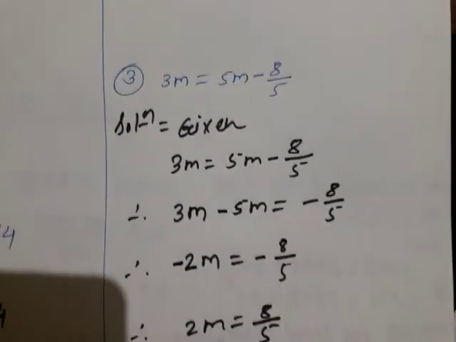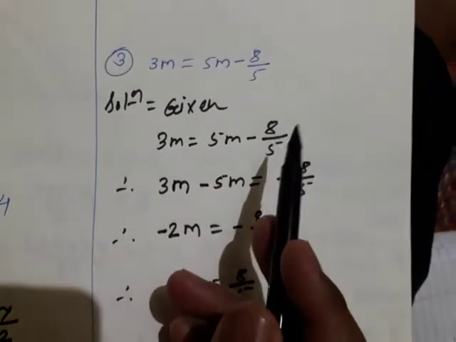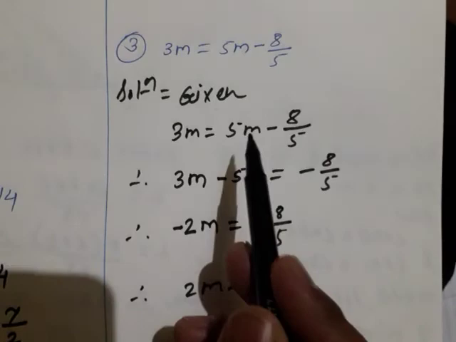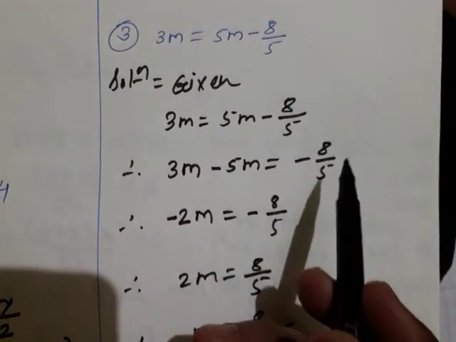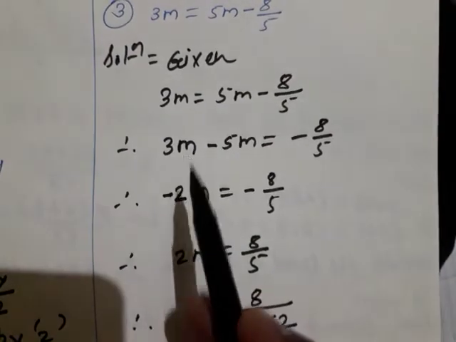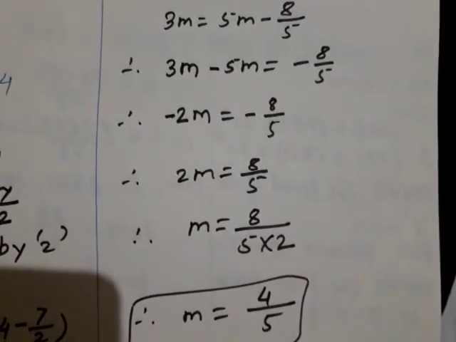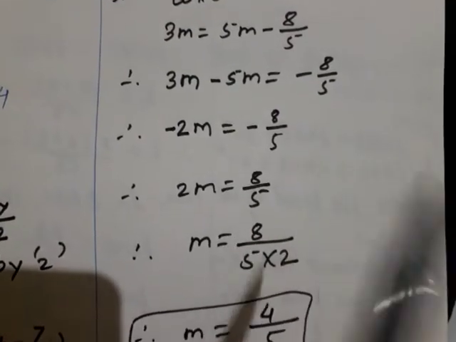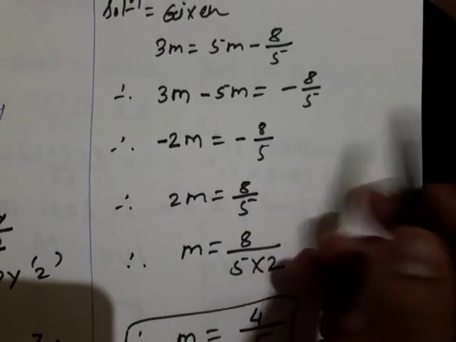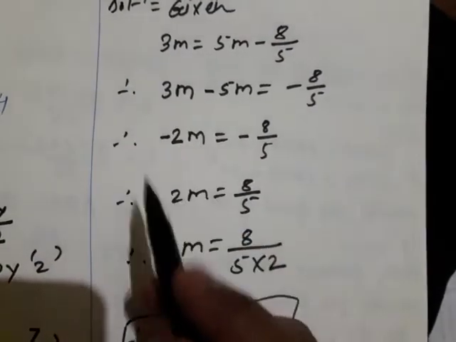Next, look at this example, the third example. In that, I told you that you can transfer this 3m to this side and 8 by 5 to this side, that is also correct. Here I have shown you, I have transferred these 5m to the LHS, and this minus 8 upon 5 I kept as it is. Then I solved 5 minus 3, 2, the greater number is 5, that's why minus 2m is equal to minus 8 upon 5 as it is. Here the minus sign is on both sides, that's why we have cancelled. When we can cancel is also important. Suppose here there is plus 5 or some other number, then the minus sign does not cancel. It cancels only if there are single terms on both sides.